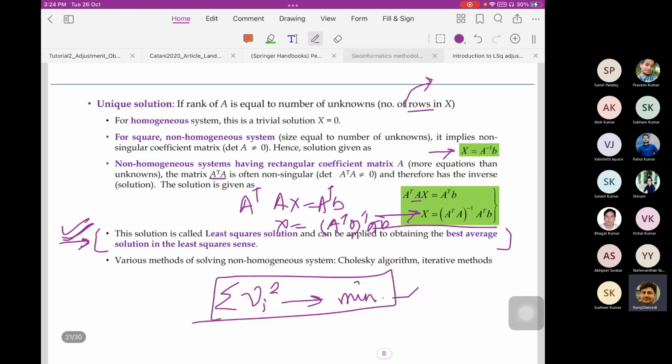We need to have this mathematical proof for it, because if you do not have the mathematical proof for this,